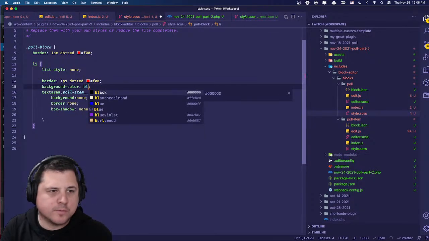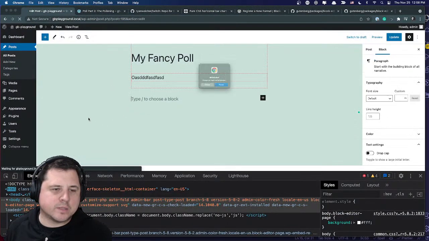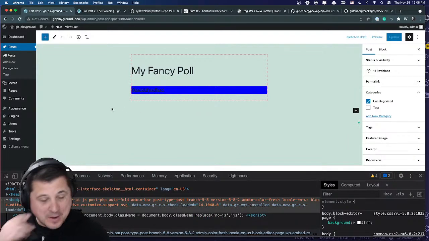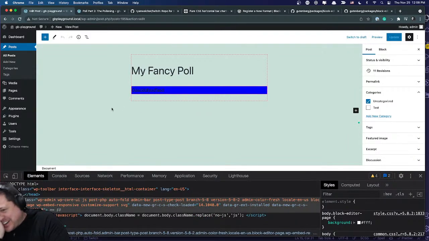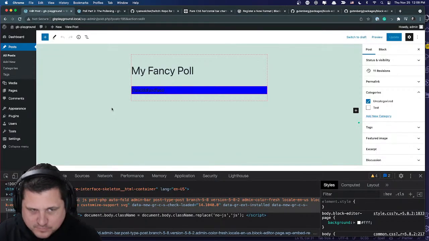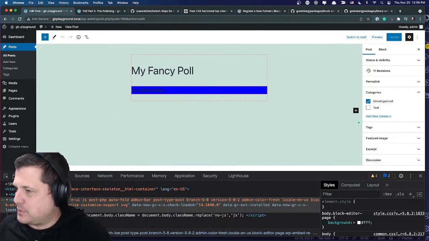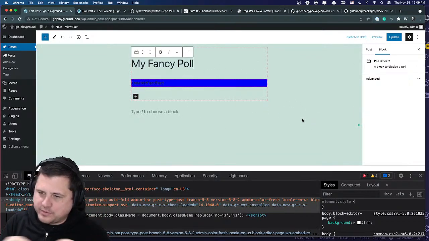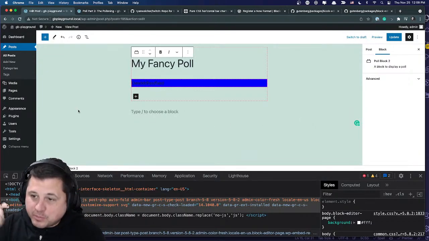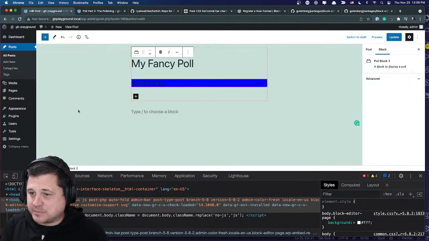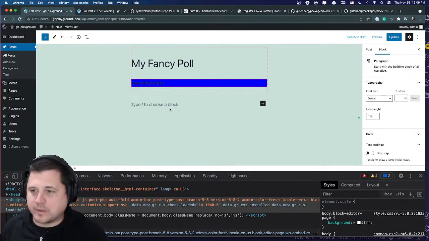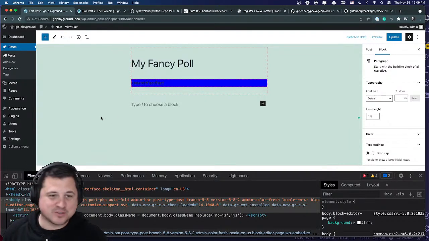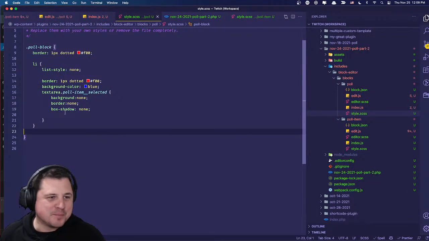Color. I'm just going to do blue for now. So the one thing I really wanted to demonstrate here was this concept of block context. What I want to do is have my main block define the color for the background of our poll, and then have each inner block know what that color is and display it appropriately. So that's what I'm going to work on next, and I'm going to do this CSS stuff offline because clearly I have no business streaming CSS. But anyhow,